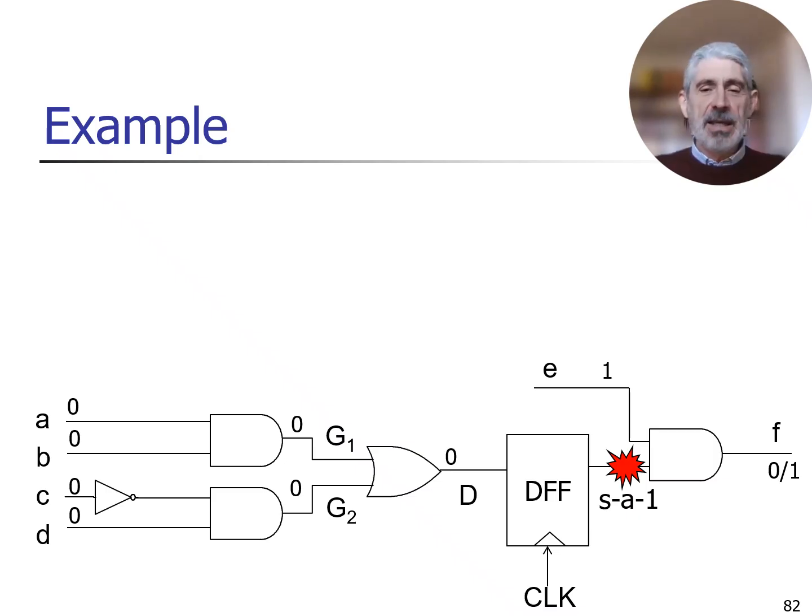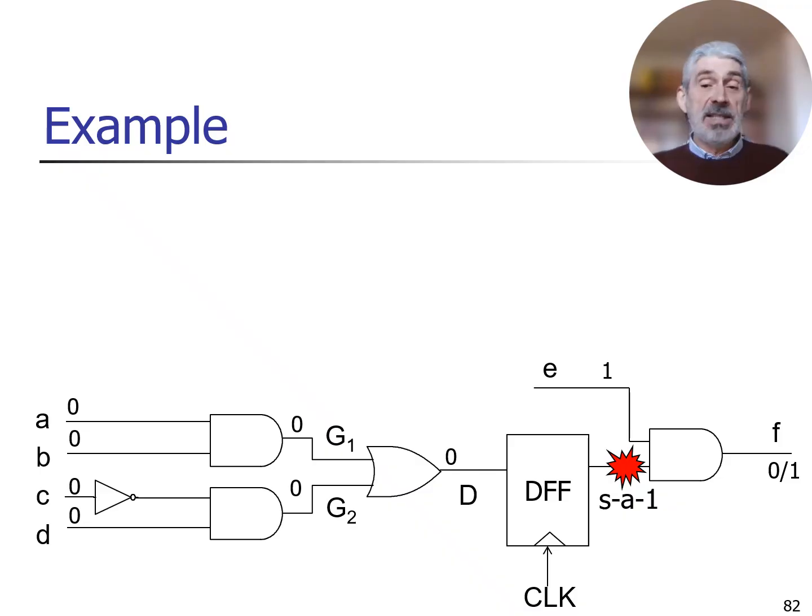Let's consider this very simple circuit composed of a single flip-flop. Now, if I consider the stuck-at one fault on the output of the flip-flop, and assuming that the flip-flop cannot be forced in a simple manner, acting on a reset for example, to a known state,